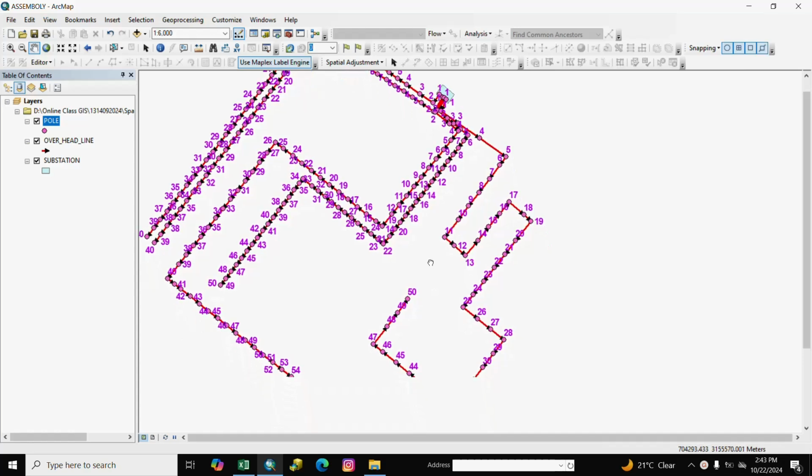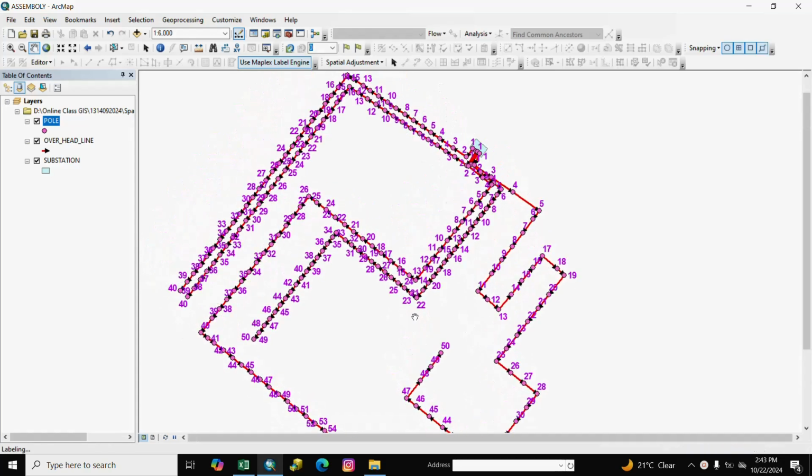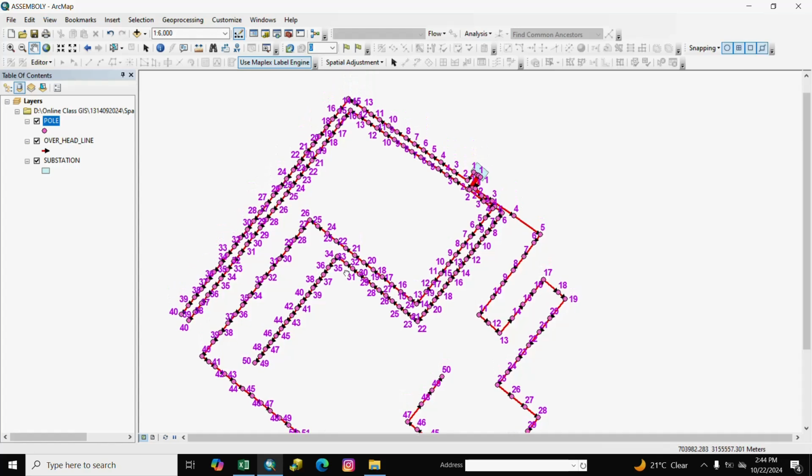Here is our network, overhead line and pole structure, and we create assembly, means DTR, HT side switch, HT side fuse, LT side fuse and meter. We automatically create a feature.